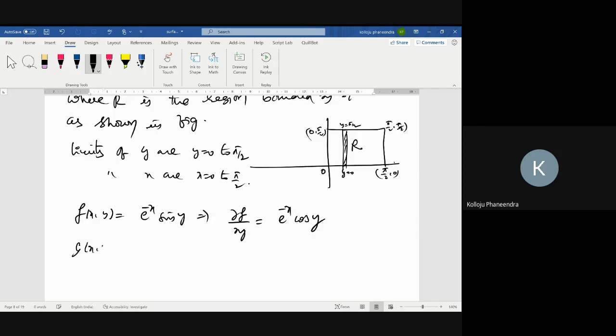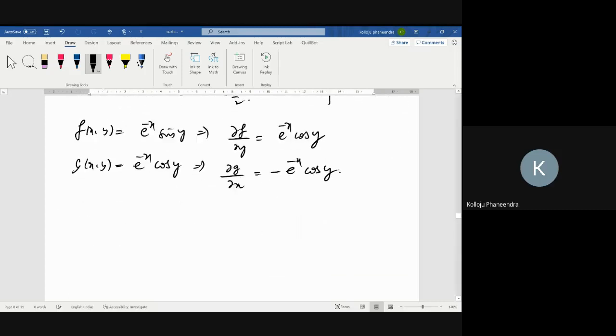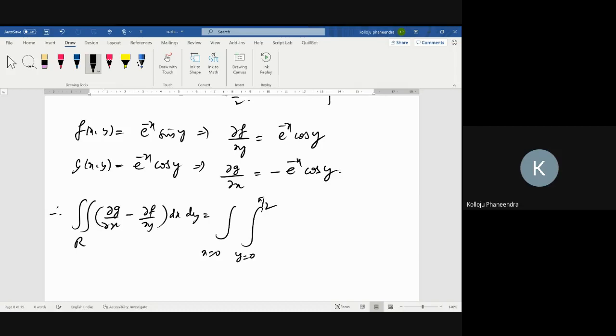Next, g of x comma y equals e power minus x cosine y. So dou g by dou x is what? Minus e power minus x cosine y, right? Therefore, the double integral over R of dou g by dou x minus dou f by dou y dx dy is equal to, first y limits 0 to pi by 2, x limits 0 to pi by 2, dou g by dou